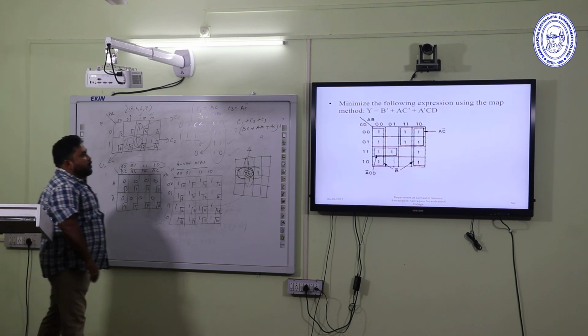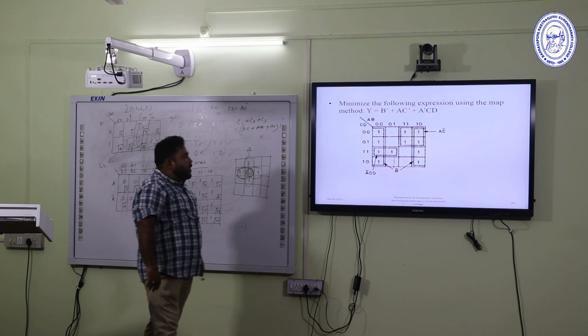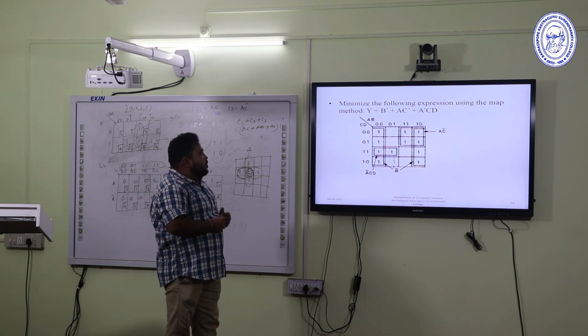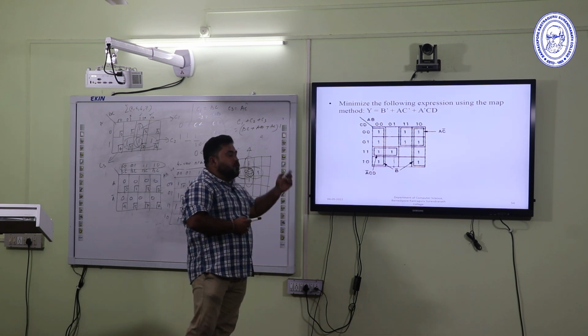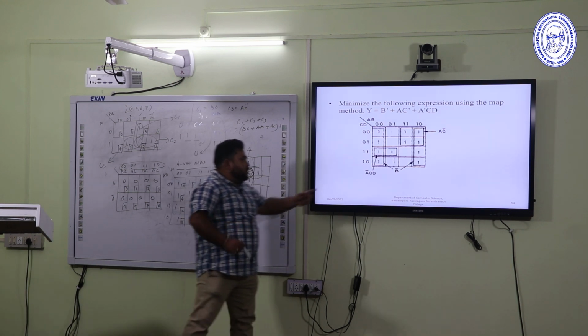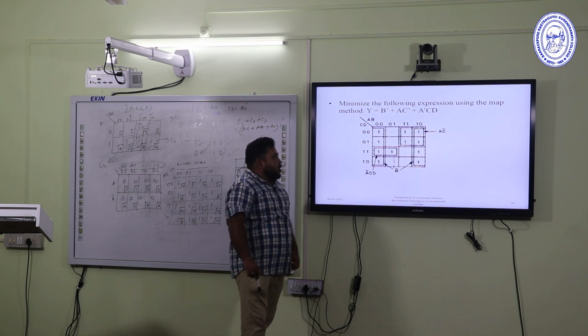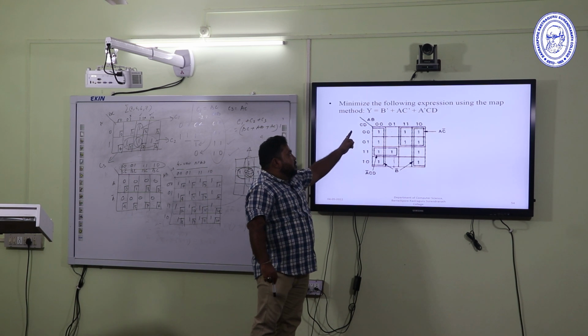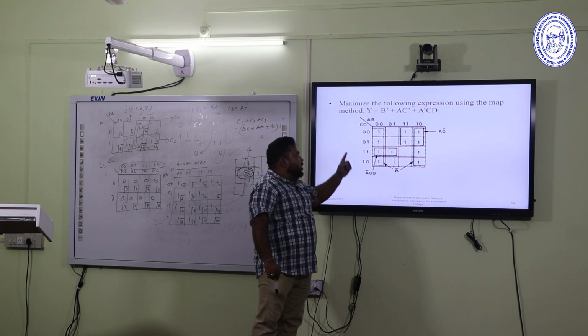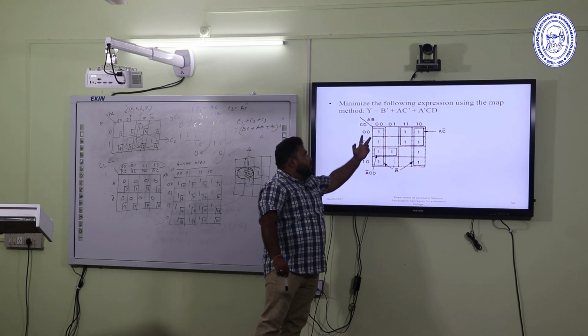So now, y is a function that is b prime plus ac prime plus a prime cd, that can be realized by this 4-variable Keymap, and it is this way. So here we can find the b prime. So what are the b prime? From this